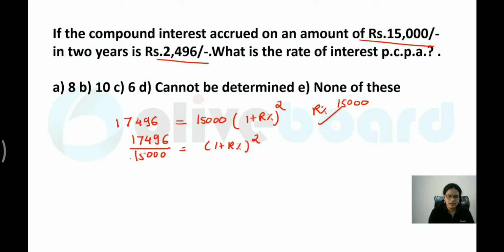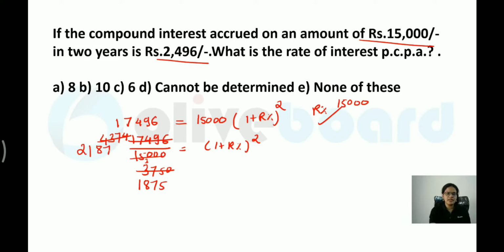Both the values are divisible by 4. So 4 3s are 12, then 3 would be remaining. 4 7s are 28. 4 5s and 0. Again divide this also by 4. What will you get? 4 4s are, then you have 4 3s are, then 4 7s and 4 4s are. Are you getting it? Now after this, you can divide this by 2. Both the values are divisible by 2. 2 ones are 2, 2 8s are. You can check the value over here. Then 2 7s are and 2 5s are. Similarly, if you divide this by 2, 2 2s are, 2 1s are, 2 8s and 2 7s are.